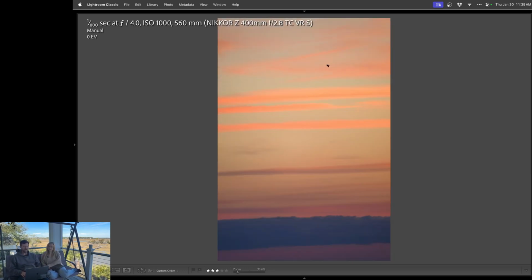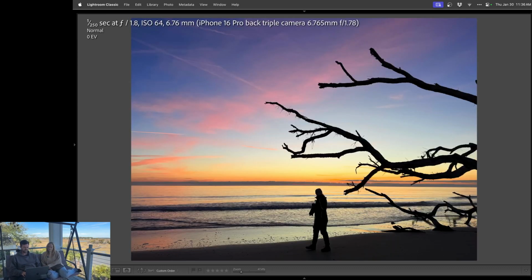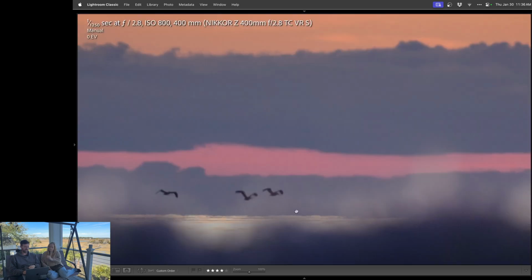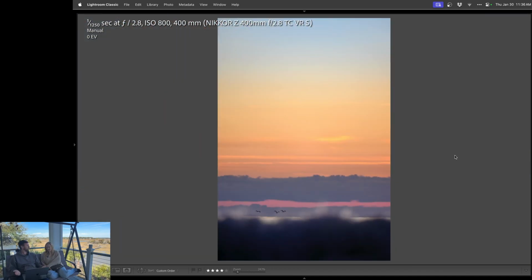So anyway, these little birds out there just flying around. There's Emilie walking through the stuff, getting these pelicans, shooting low. This was tracking with the flip screen, kingfisher flying by. Oh, cool, he's got a fish too. Yeah, he does. Using the flip screen, trying to shoot at 400 millimeter and tracking these pelicans flying real low, and it's not tack sharp. You can see how soft they are there. But it's close enough. You see the shape, and at that size, it doesn't really matter. If it was a complete blur, then...